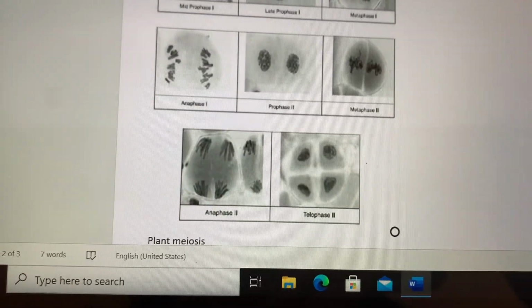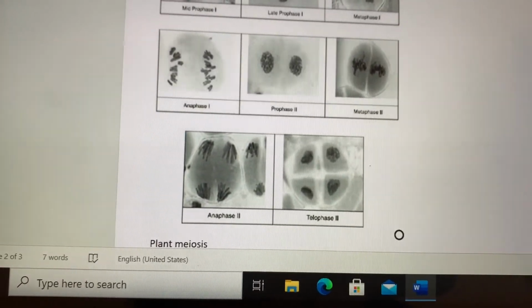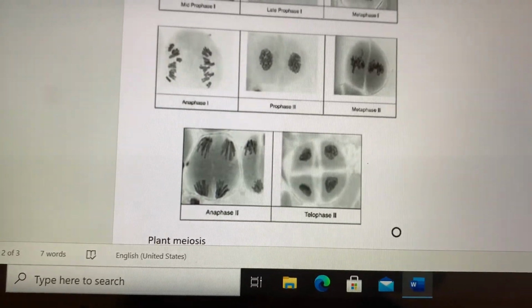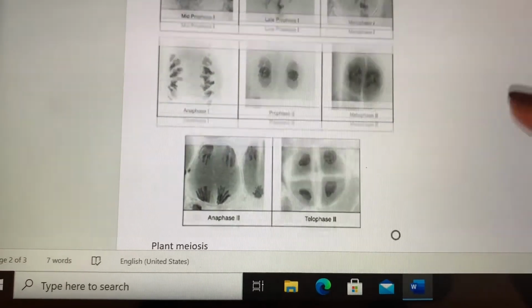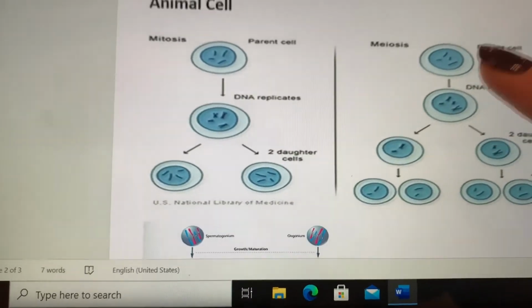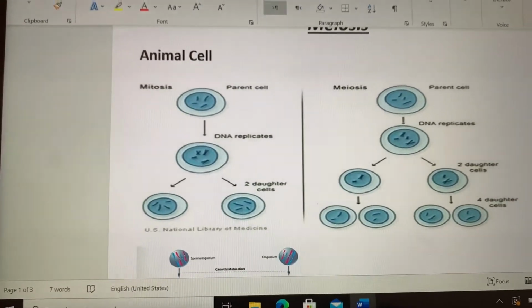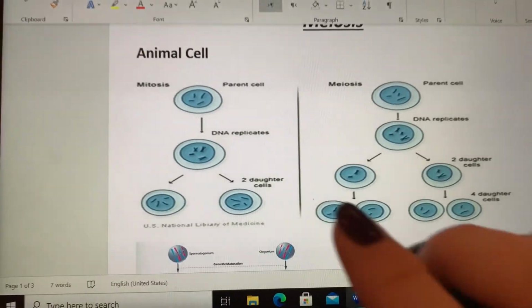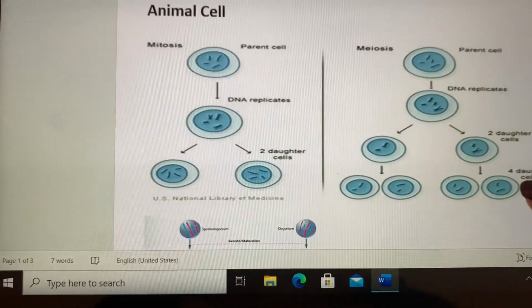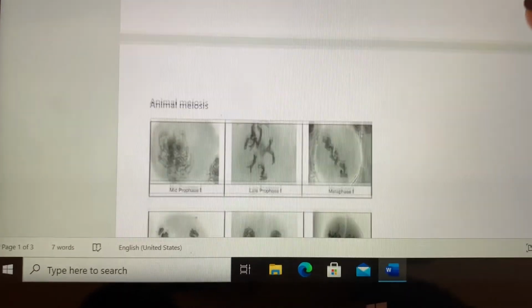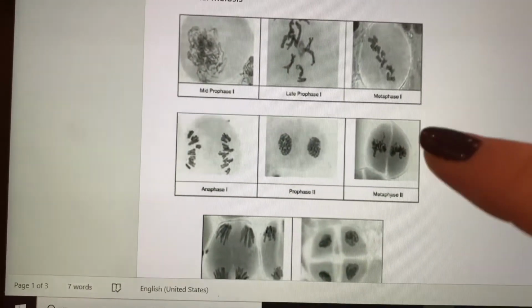Your assignment is just a drawing, and please try to concentrate on this picture, or even if you look at your textbook, if there are real chromosome cells taken under the microscope. I don't want you to go for these kinds of pictures over here, because this is just to understand it in theory, okay? And I won't ask you what the differences are between both of them, except when I tell you to locate,